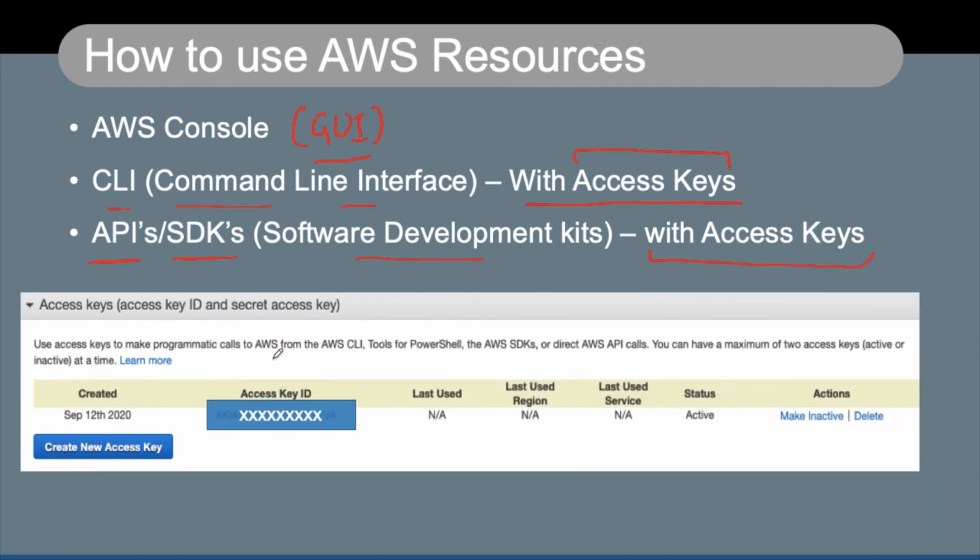So this is how a typical access key looks like. They have something called an access key ID, and you need to have that secret access key, which is not shown here. So these things will be used for programmatic access, which is typically used for CLI or API and SDKs. Please make sure you don't share your access key ID and the secret access key with anybody who you are not very sure how they are going to use these things.